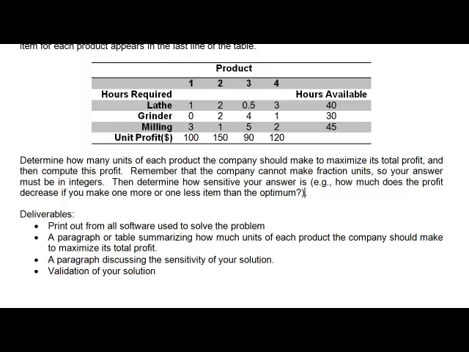That means you'll need to experiment a little bit. There's really no right or wrong answer on this. It's more like how intelligently you can express what you find out. Okay, and you also need to validate your solution, demonstrate that your answer is indeed maximizing the